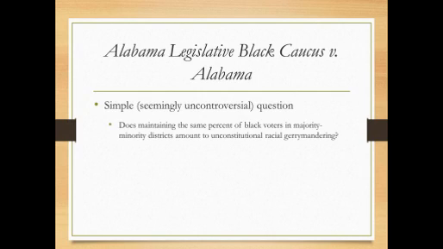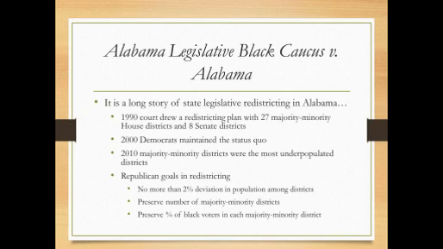Next slide. So as this case comes out of Alabama, it's somewhat of a long story. It involves state legislative redistricting. So in 1990, there was no agreement on a redistricting plan. So a court drew a plan that had 27 majority-minority districts for the House and 8 for the Senate. So in 2000, the Democrats had control of the legislature, and they maintained basically the status quo, the same number of majority-minority districts. Then in 2010, the Republicans gained control, and they noted that a number of majority-minority districts were